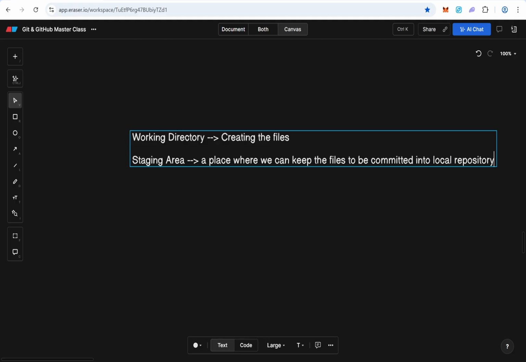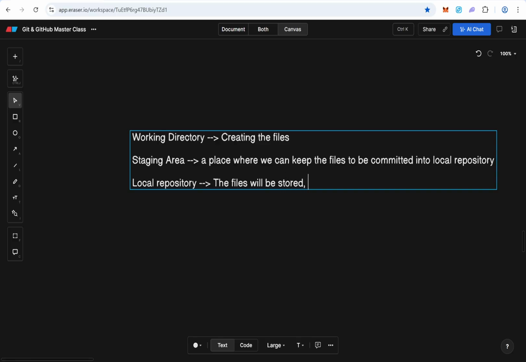Because in your working directory there might be unnecessary files and all. I don't want to send all the unnecessary files into the repository, so first I will move them into the staging area. Out of 10 I can move only 3 or 4, depends on my requirement, and those files can be moved into a local repository where the files will be stored and tracked for changes,